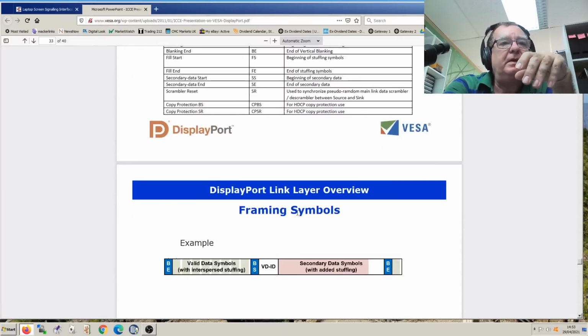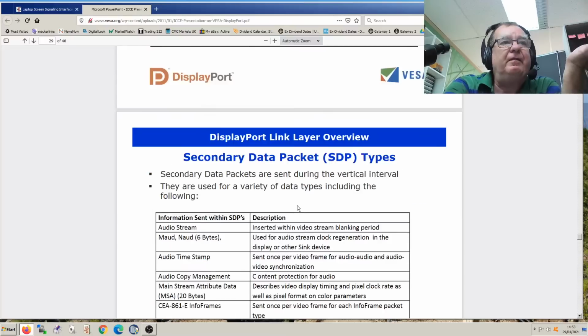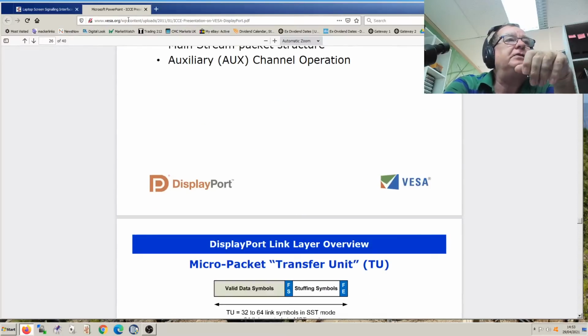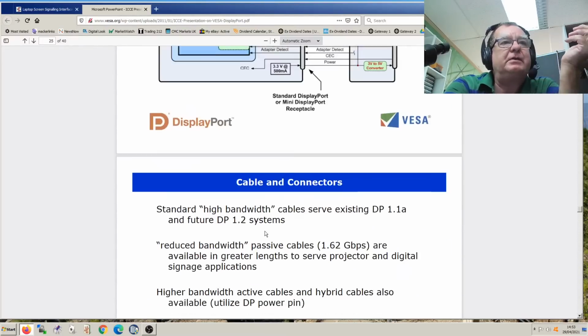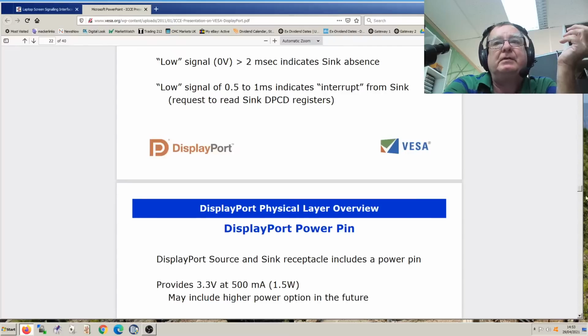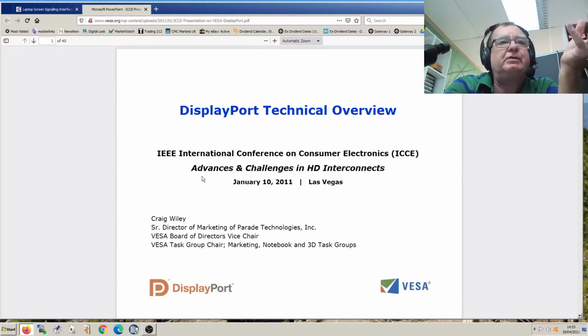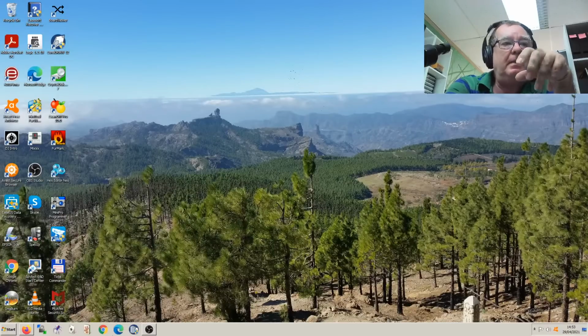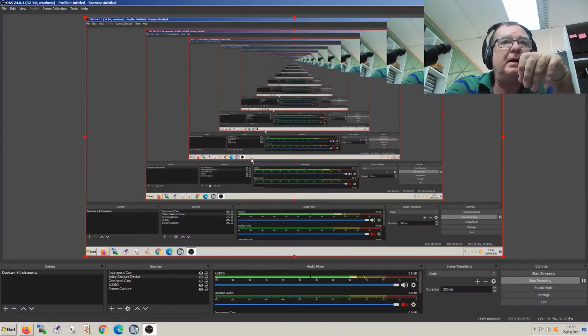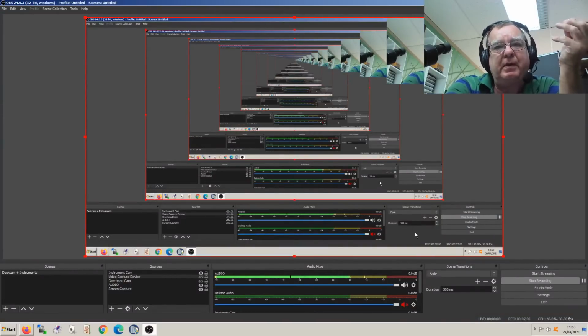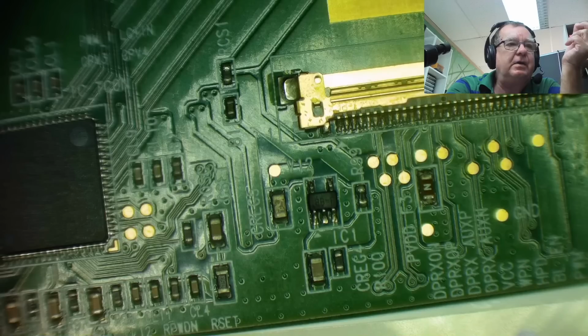So what I thought we could do with this, given that information, I'm sure you can read vesa.org if you want to go and read this. It was quite interesting. But given the fact that we know it only sends data to the screen while video is playing, I'm going to put the old screen back on here, play some video, and see if I can actually see that data coming in to the display chip. I'm going to do the same on the bad screen. If we've got data coming into the display chip on both the good and the bad screen, I'm going to change that display chip. If that doesn't help, I'm going to change them EPROMs. So let's go back over to the